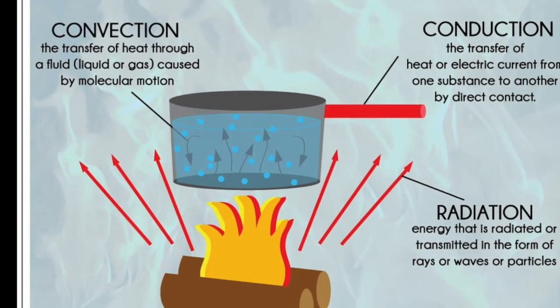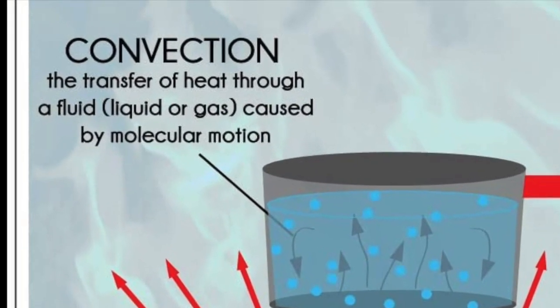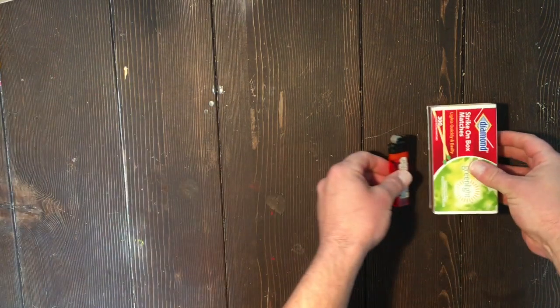Next, we're going to look at convection, which is the transfer of heat through a fluid, such as a liquid or a gas. As we learn about entropy, we're learning about how heat travels, how it moves. It's energized particles, and they're shaking around, and they're constantly moving about. And so today's demonstration, what you'll need is something to start a fire,